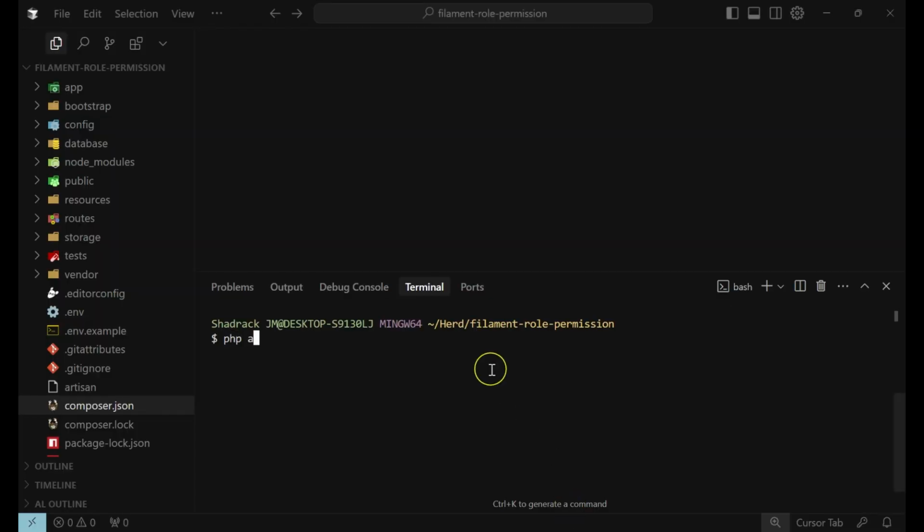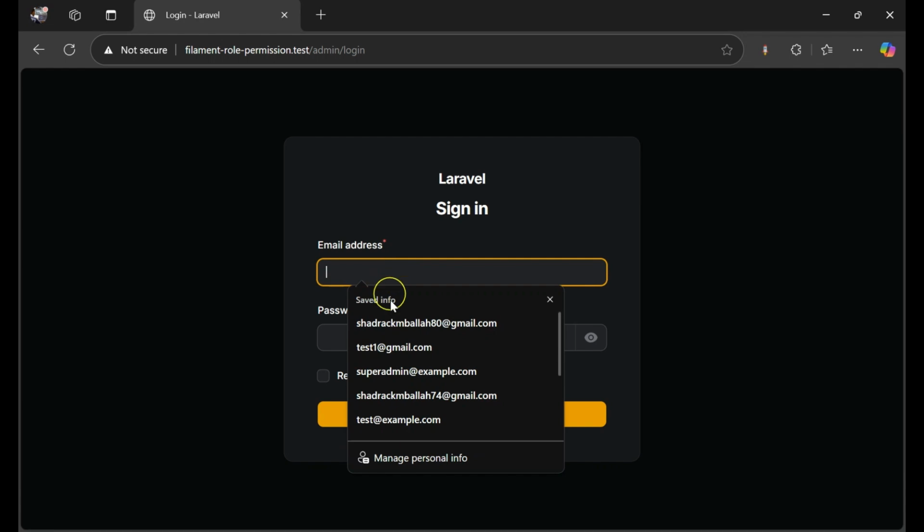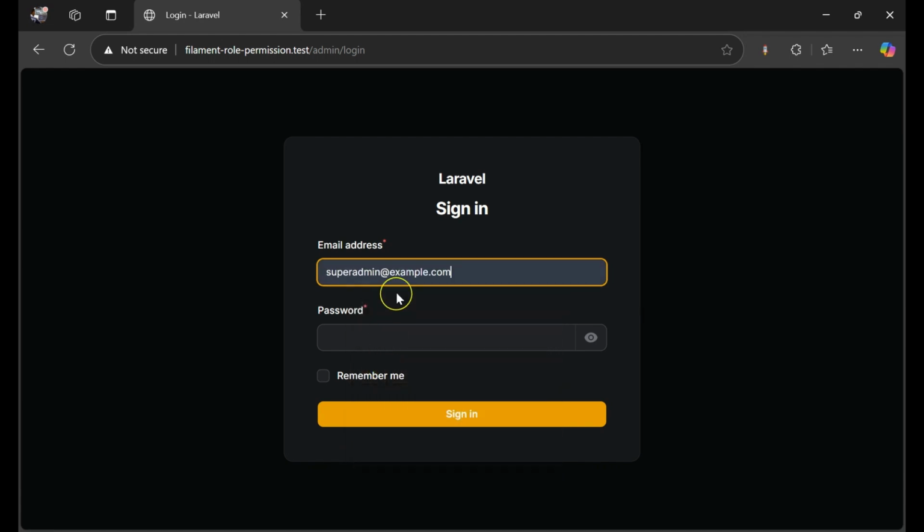So we can say php artisan make:filament-user. Let's give it a name like super admin, and the email super admin@example.com, and a password. Alright, now if we go here and try to log in using super admin@example.com with our password,